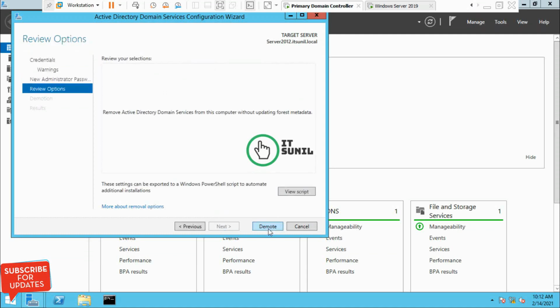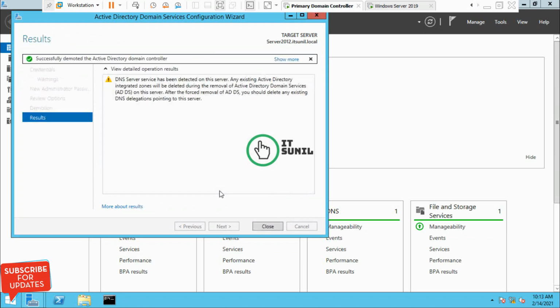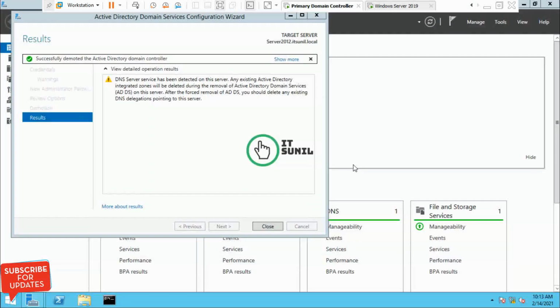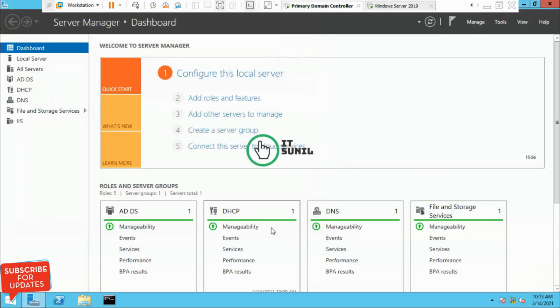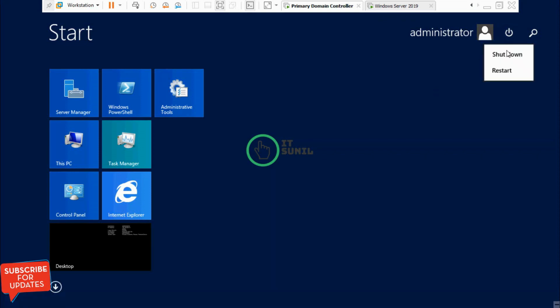Click on demote. Demotion has been successful. Click close and restart my server.